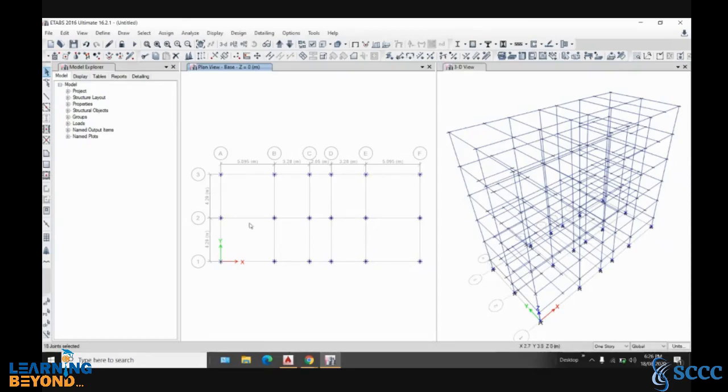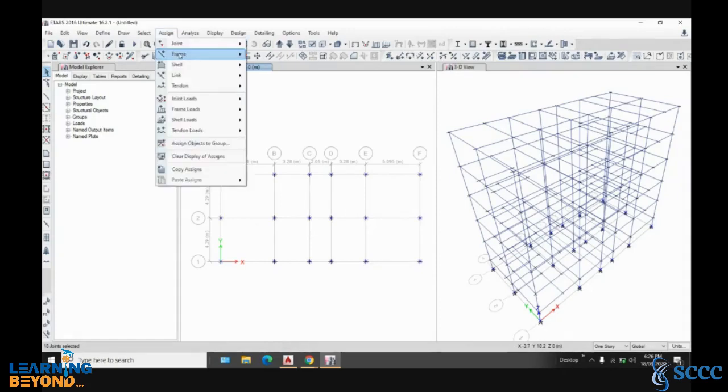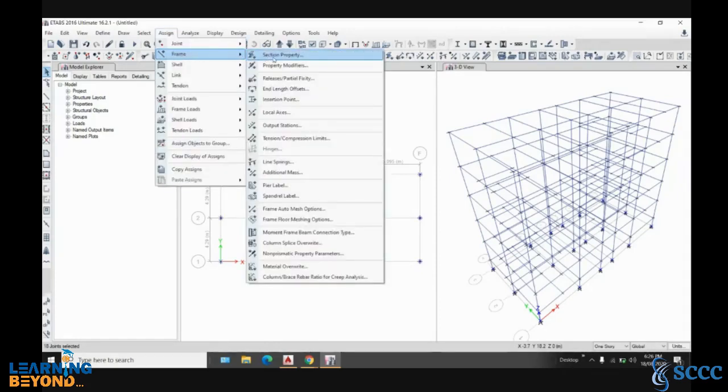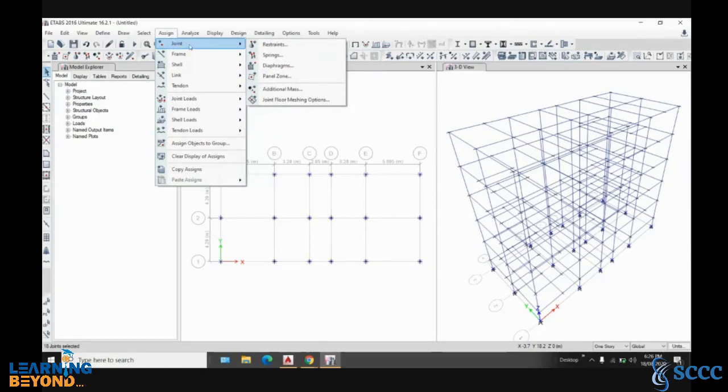So after selecting the joints, go to assign, go to frame, and in frame assign release and partial effectivity, end length insertion, local axis, output to joints, not frame.